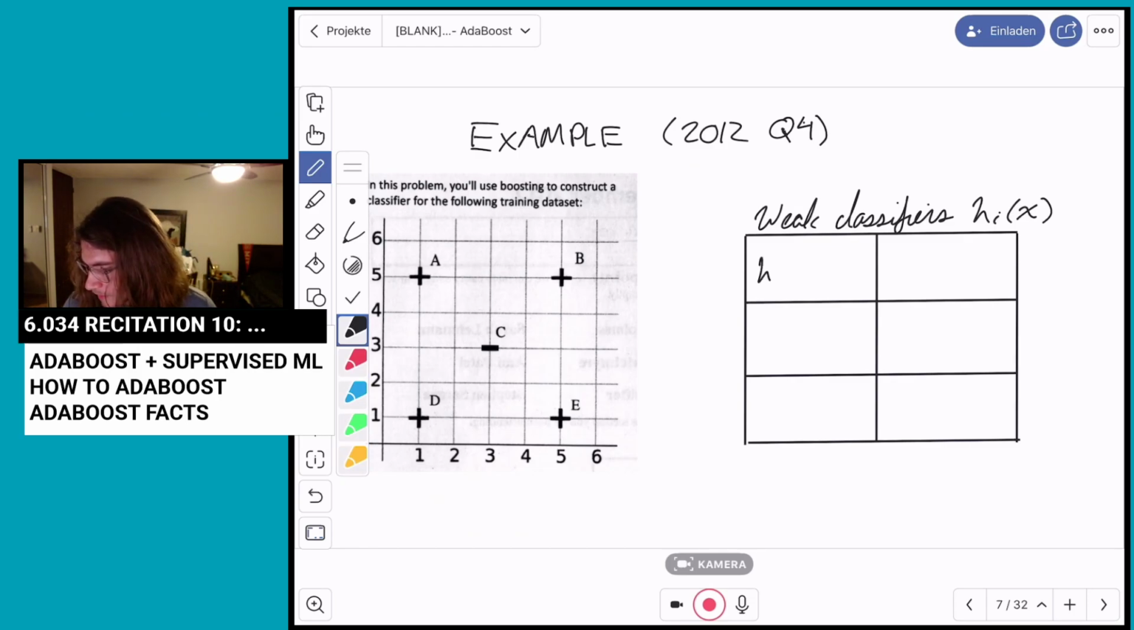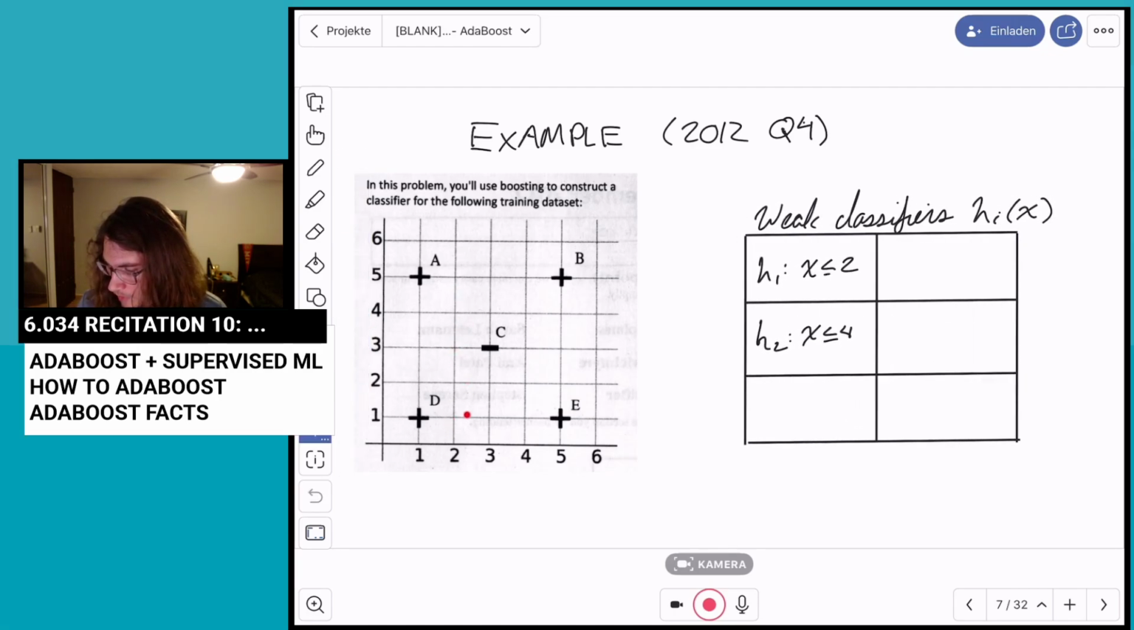I'm going to number them right from the start. H1 is going to be x less than or equal to 2. And then H2, x is less than or equal to 4. You may notice that I'm aiming for the coordinates that don't have any points on them, just because I